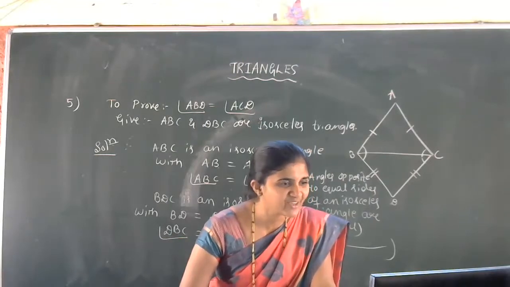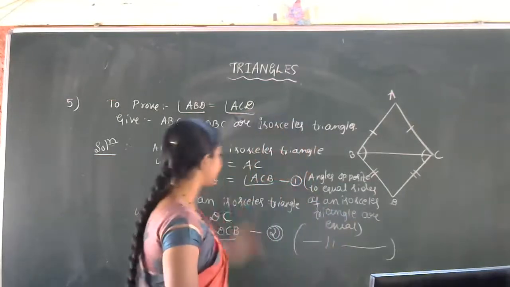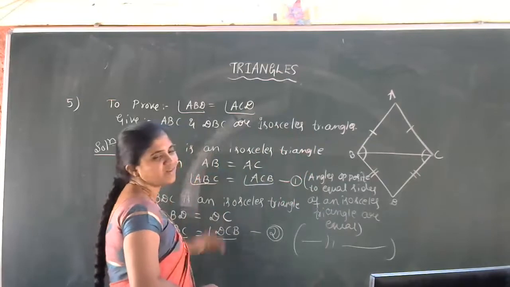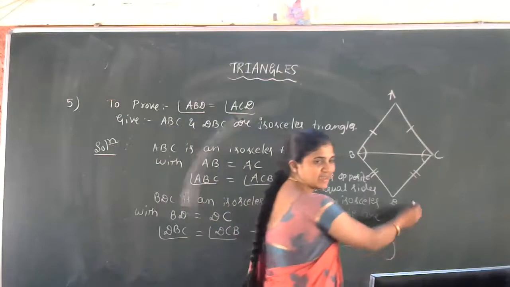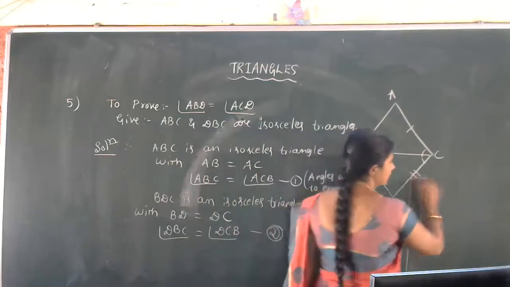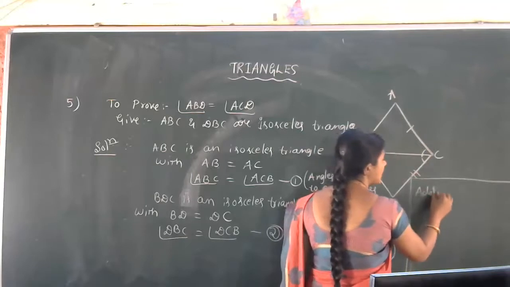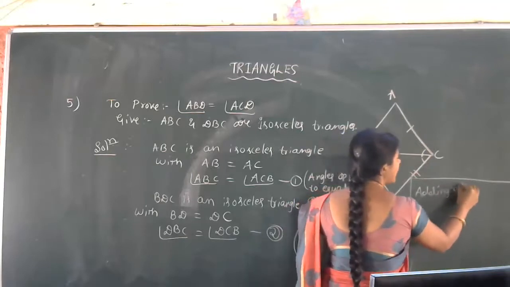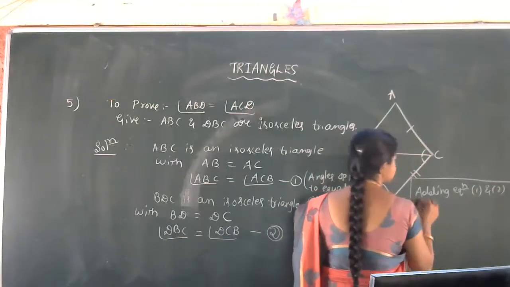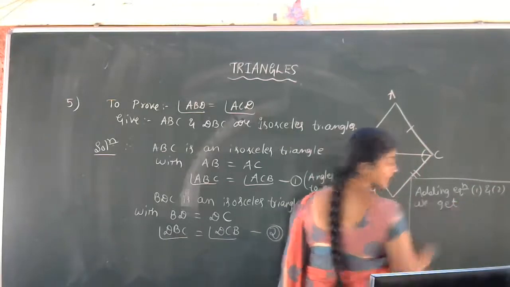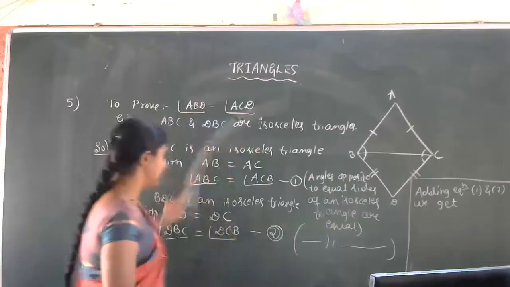So now what we have to prove here? Show that angle BCD is a right angle. Right angle in the sense 90 degrees. So BCD is equal to 90 degrees we have to show. That is our target. So how to reach the target? With the given data, we have to reach the target.